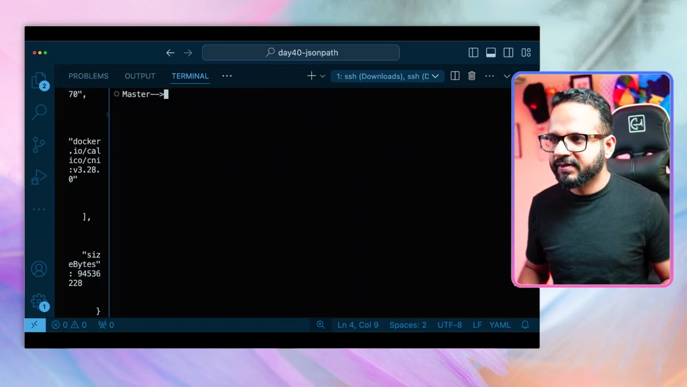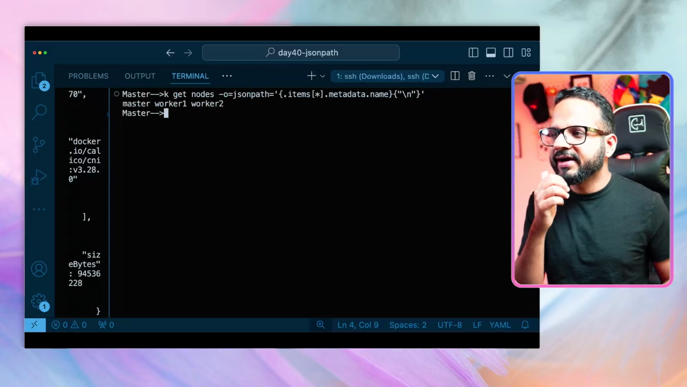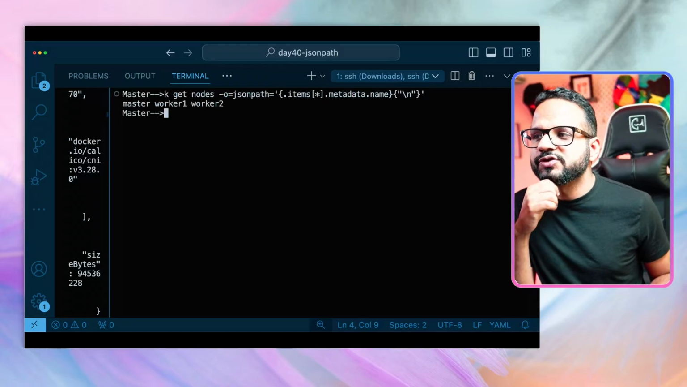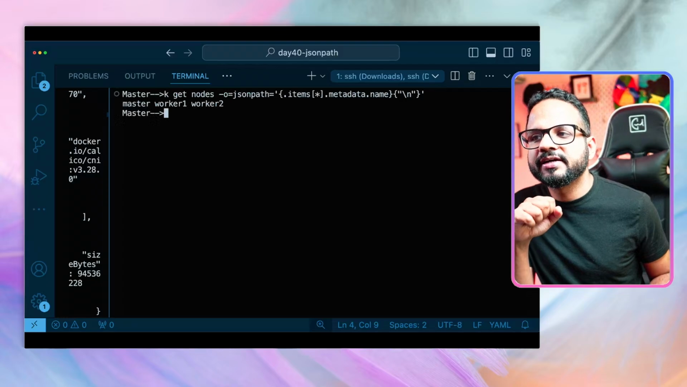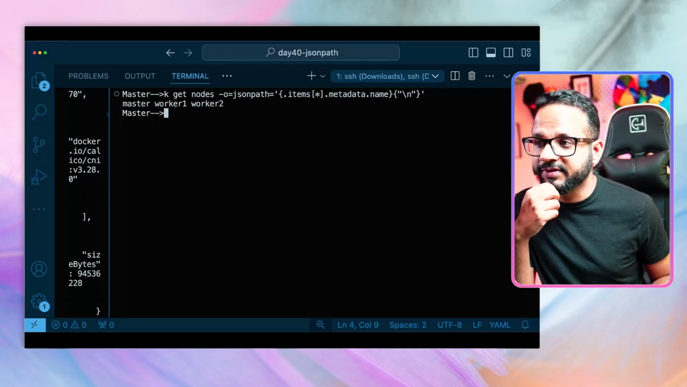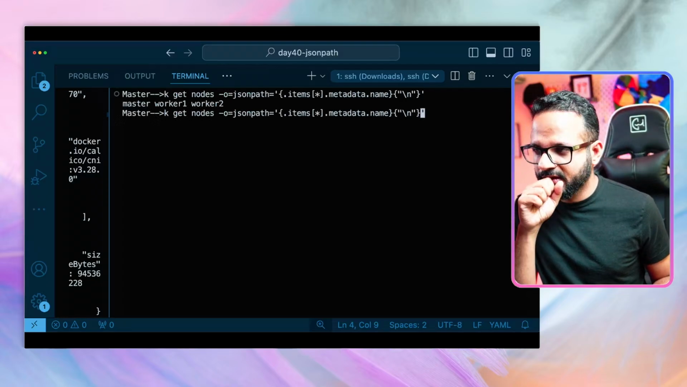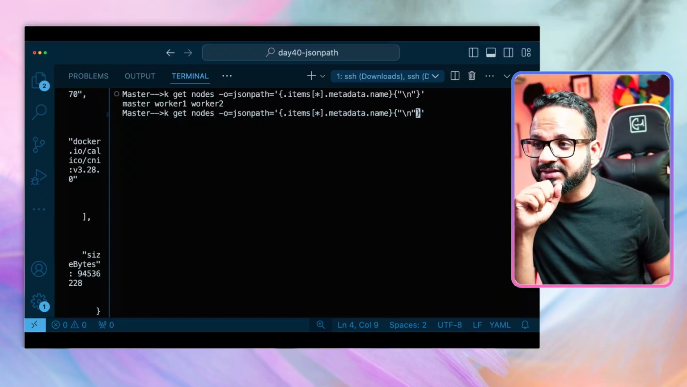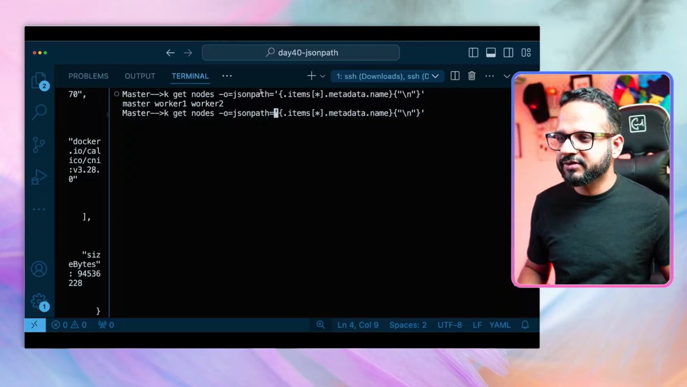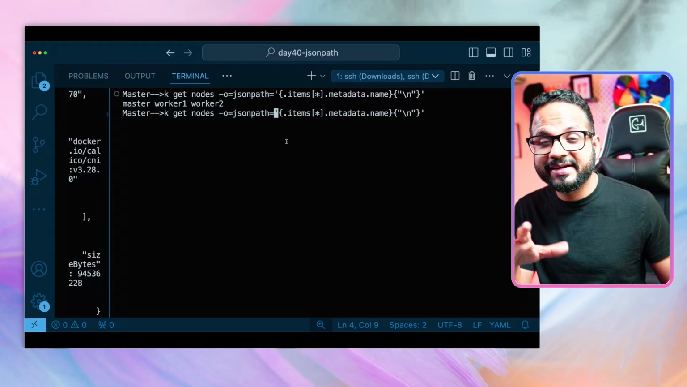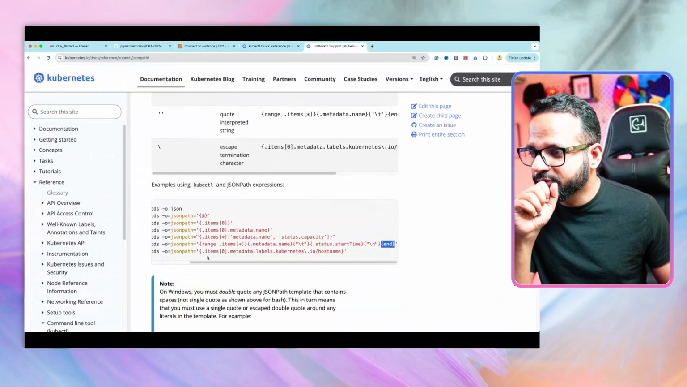Okay, so we are now getting the node names. What else do we need? Now we need the internal IP of the node. Okay, and let's add a header to it as well. So instead of that, let's do hyphen hyphen. There is a property called custom columns. So if you go over here,